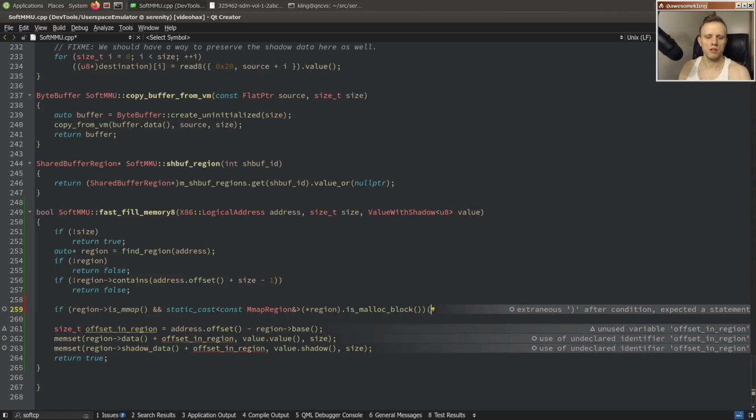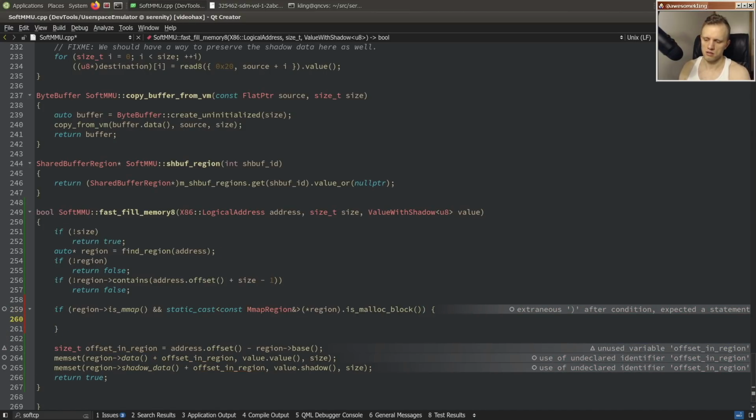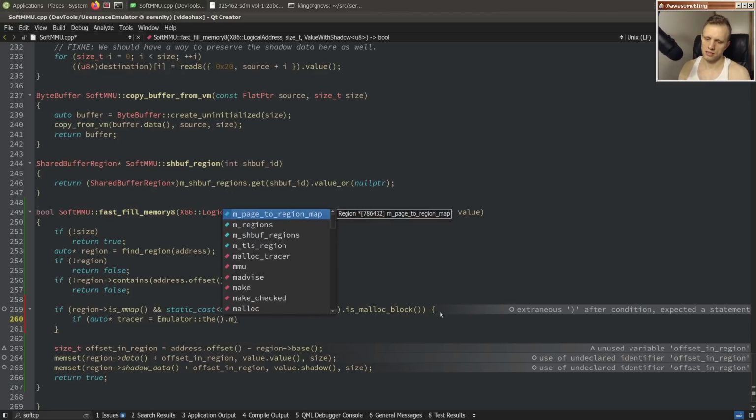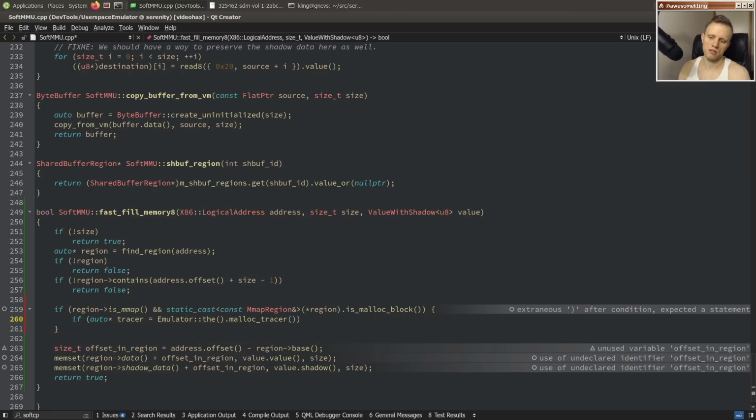If it's a malloc block, then if the emulator has a malloc tracer installed, then